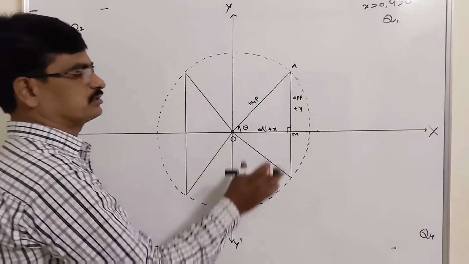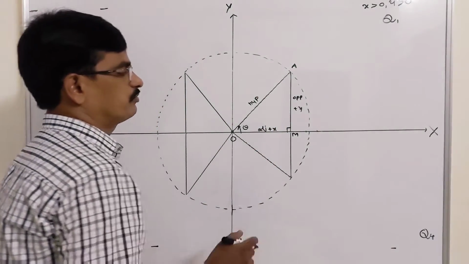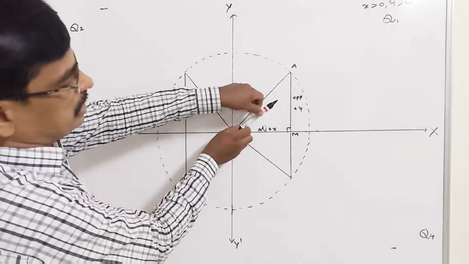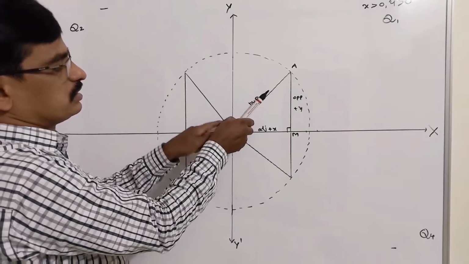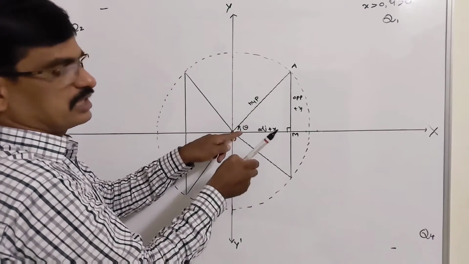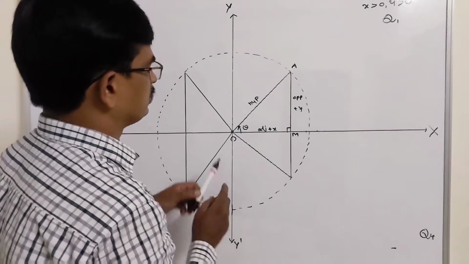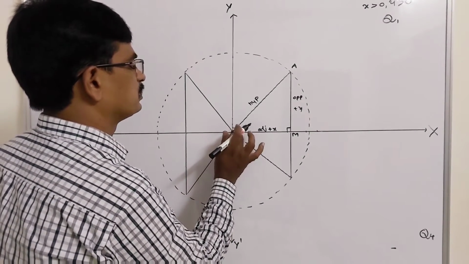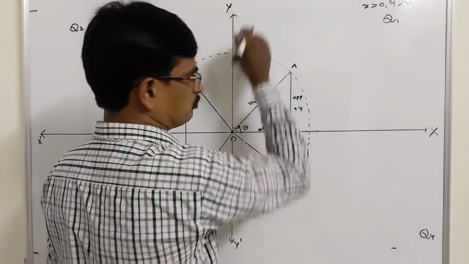Now define 6 trigonometric ratios in the first quadrant. So when the x-axis is a fixed ray and OA is the terminal ray, it moves in the anti-clockwise direction by theta, where theta is less than 90. So up to here 90 degrees. That is the first quadrant.